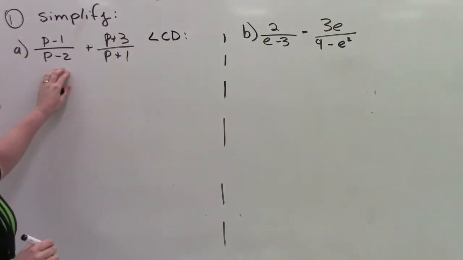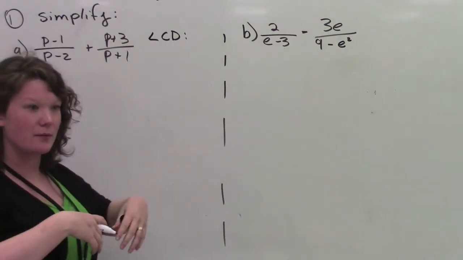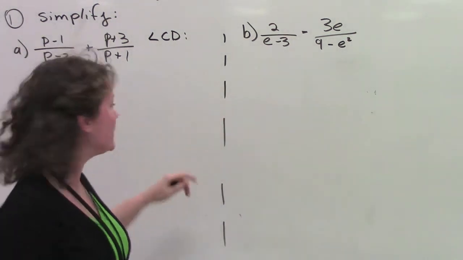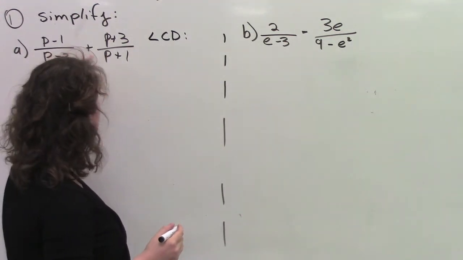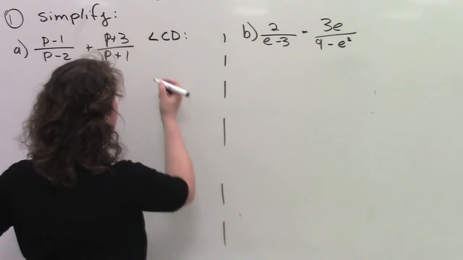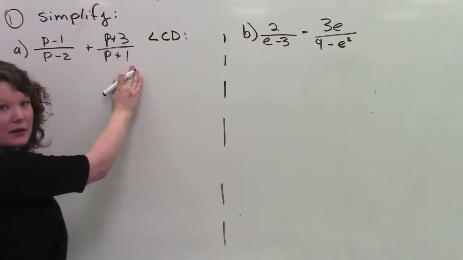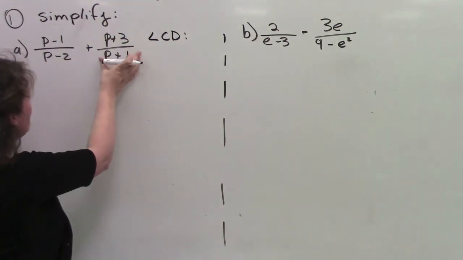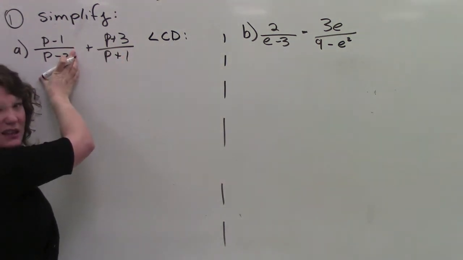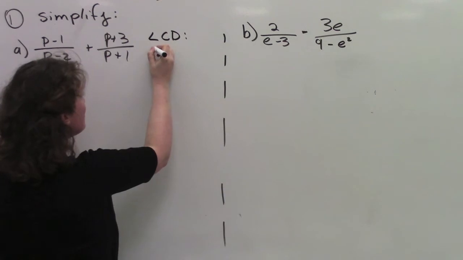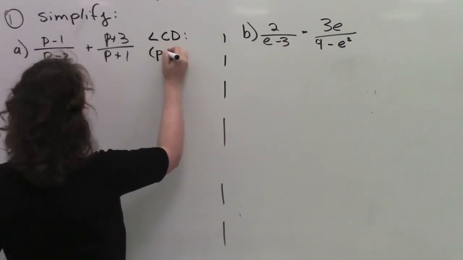This is very similar to say something like having a denominator of 3 and 4. This one you can simply multiply them together because they're not to the power of anything, and there's nothing that's repeated. This one does not have any p minus 2, and this denominator has nothing that's p plus 1. So our lowest common denominator is just going to be p minus 2